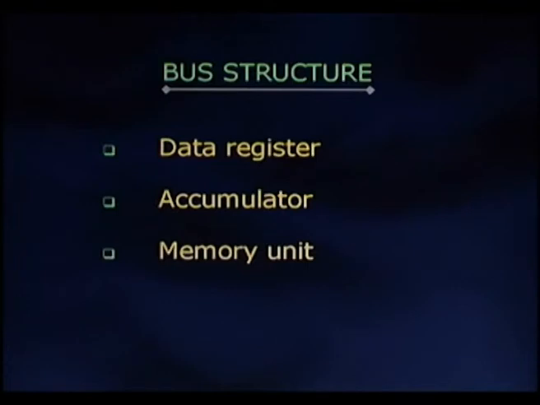Next is the memory unit. The memory unit, which is an essential part of any computer system, will have read and write controls, a memory address register and a memory data register. Whenever it is required to read the contents of memory, the memory read signal is enabled, the address of the contents is transferred to the memory address register, and the data that is read is transferred onto the system bus.